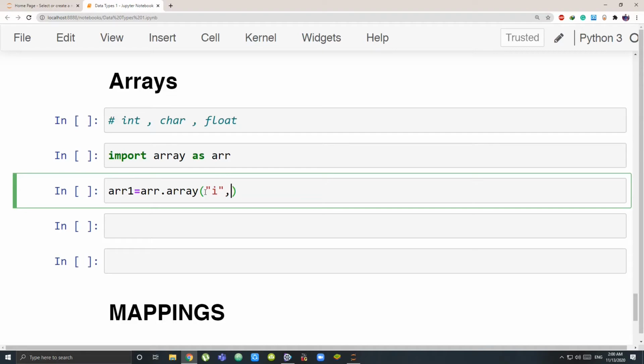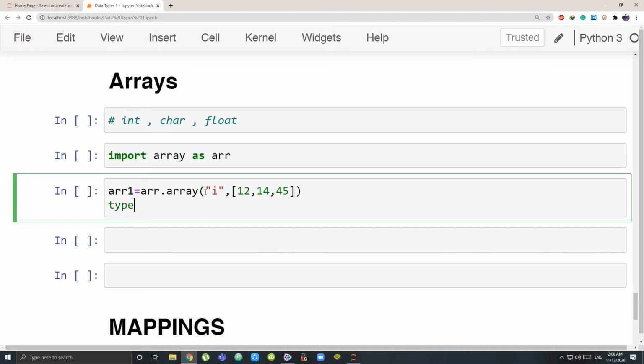The second parameter that is going to come in the parentheses is the list of all the elements that you want in your array. Because we have taken I, it means we can have only integer elements. So I'll have 12, 14, 45. I can't have points, sorry. So this makes my array1.